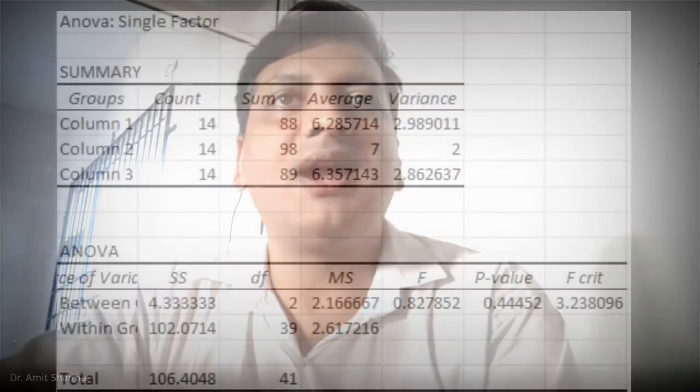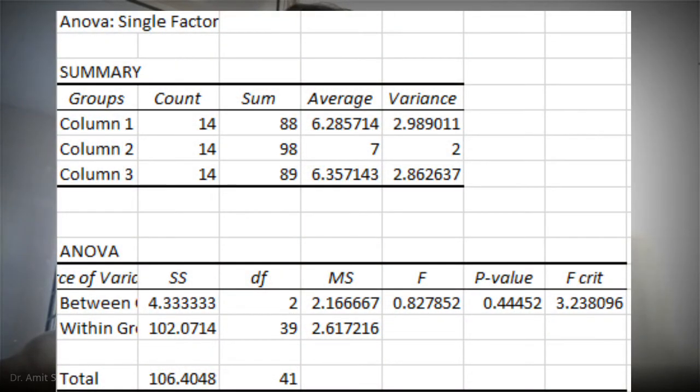So as I click OK, I'm going to lose this data which is given in the form of group A, B, and C and reading, and I'm going to get the results of one-way ANOVA. The first table will be the descriptive statistics table, and the second table will be the ANOVA table.